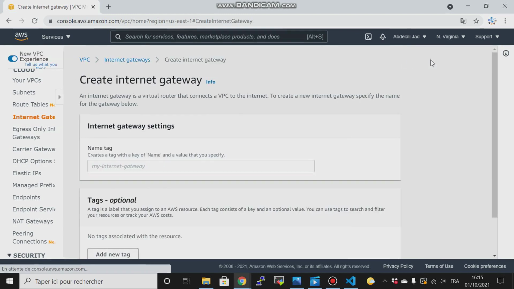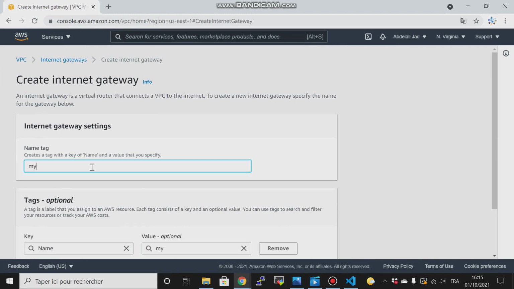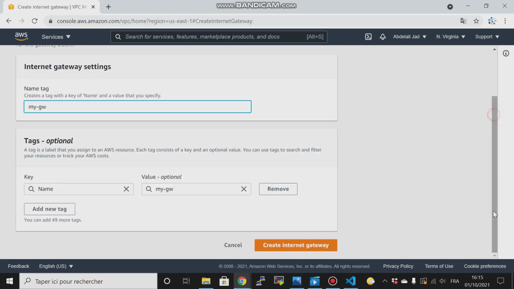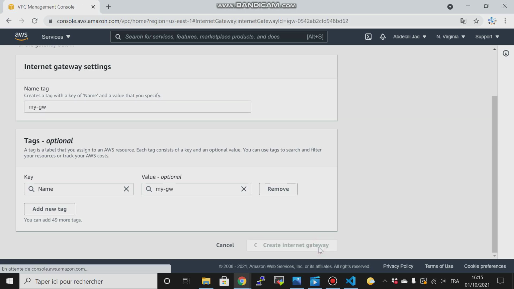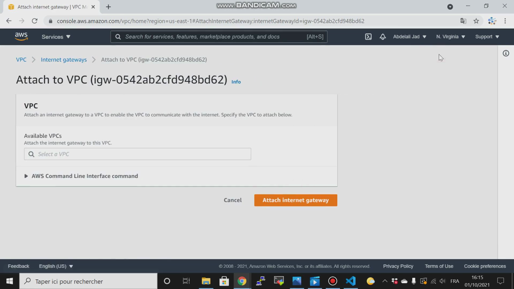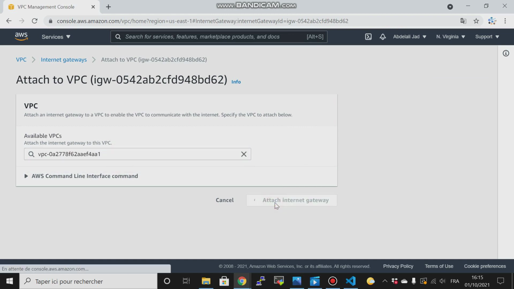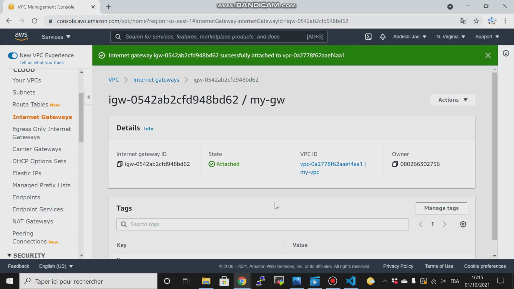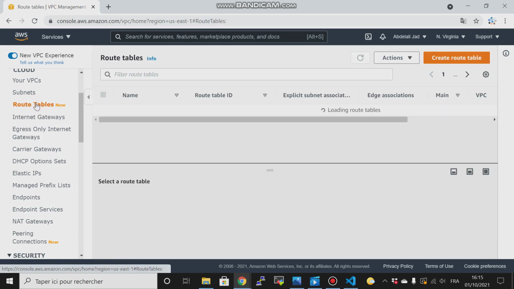So let me create gateway, call it my gateway, then create an internet gateway and attach it to a VPC, then my VPC, then attach it to it. Alright, another thing, I have to edit the routes within my public route table, because my EC2